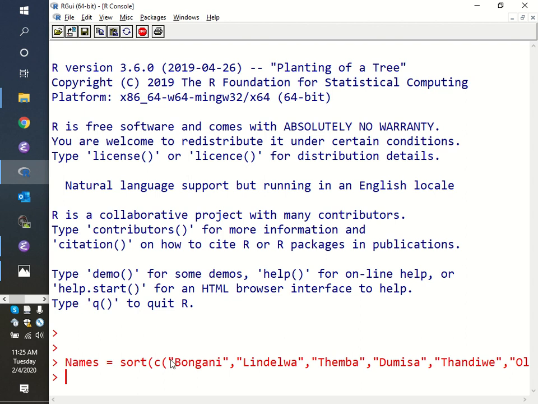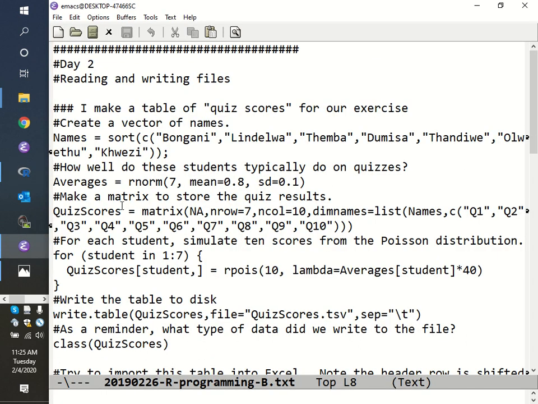So we have created a vector of these names by the c function, the combine function. That's creating a vector, and then we pass that to another function called sort. So even though we passed the software Bongani, Lindelwa, Temba, Dumisa, etc.,